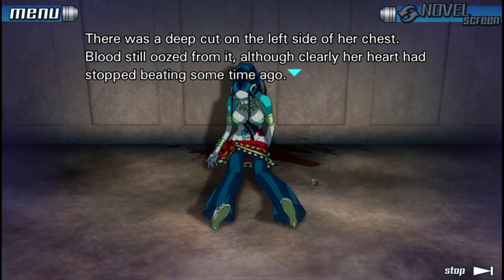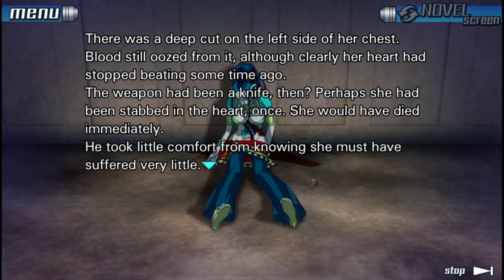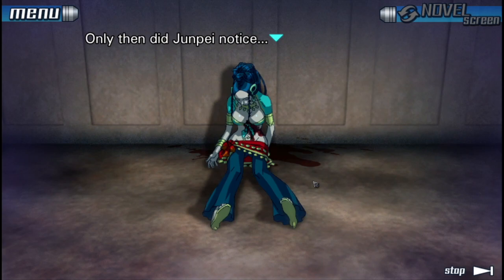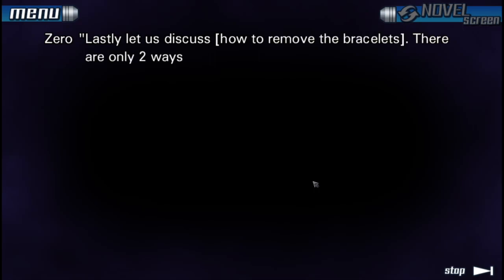Blood still oozed from it, although clearly her heart had stopped beating some time ago. The weapon had been a knife then. Perhaps she had been stabbed in the heart once. She would have died immediately. He took little comfort from knowing she must have suffered very little. Only then did Junpei notice. Lotus's bracelet was gone. Zero was...